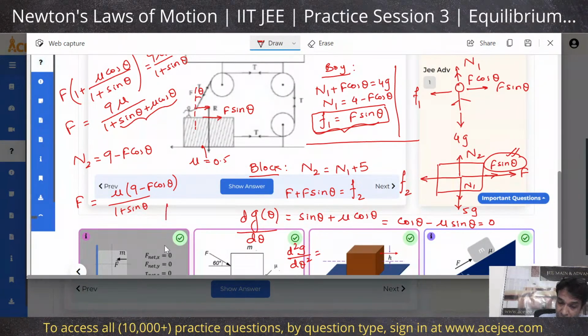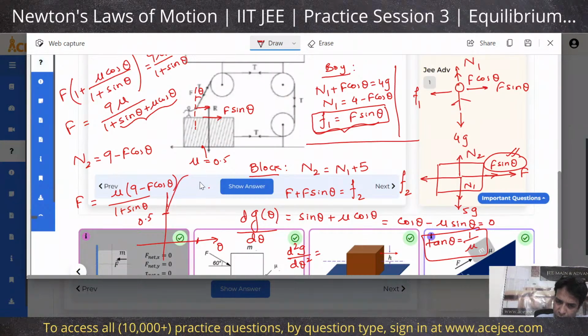So let me just figure out whether we are dealing with the maxima or minima. At theta equals 0, the value of g theta is 0.5. And for theta equals 90 degrees, what do we have? Cos 90 is 0, so that is 1. Right? And for tan theta equals 1 by mu,